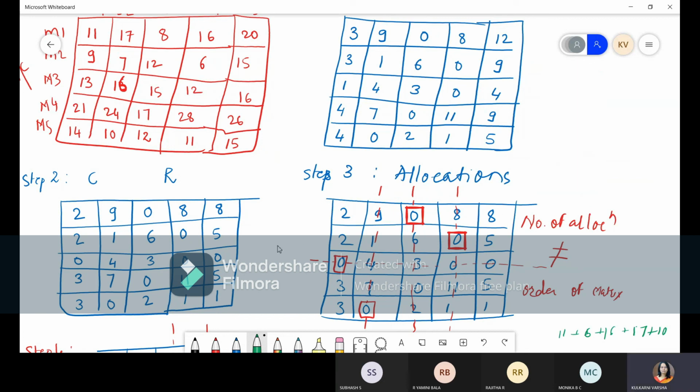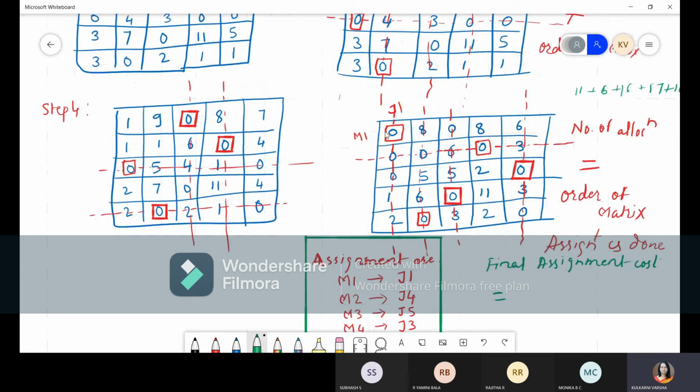Same locations we have taken? Yes. Okay, so it is 11 plus 6 plus 16 plus 17 plus 10.